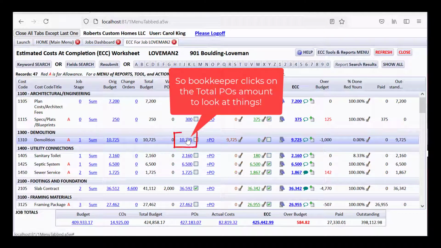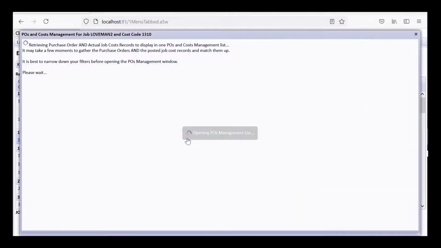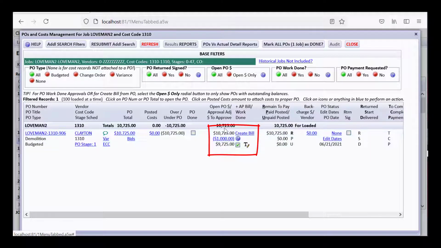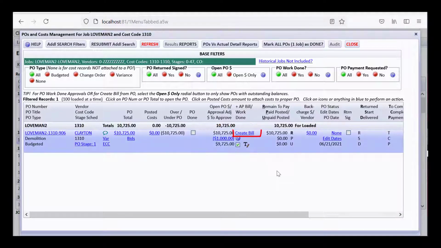So I'm the bookkeeper. I get word about this check and what the check number was because somebody came in and asked me for it, I already know probably, and wrote a manual check out to Clayton right away for this. And somebody also has come in, probably the field or whoever knows about this, or the big boss, and they wrote in to take $1,000 away even though the PO was for this, and they check marked $9,725. So one way is to create the bill from this purchase orders management screen, which makes it quick,